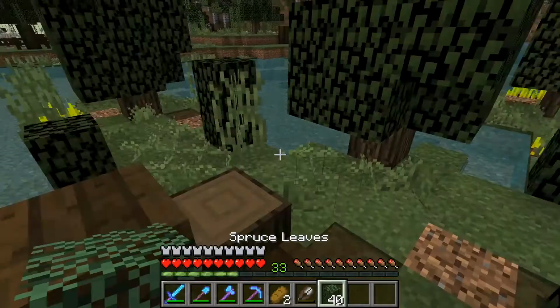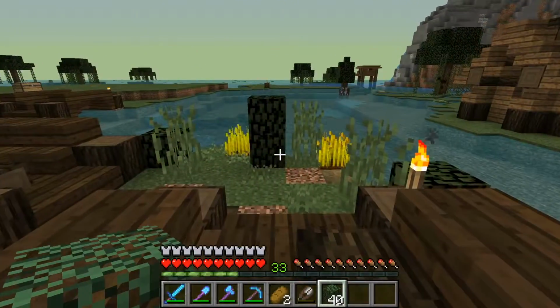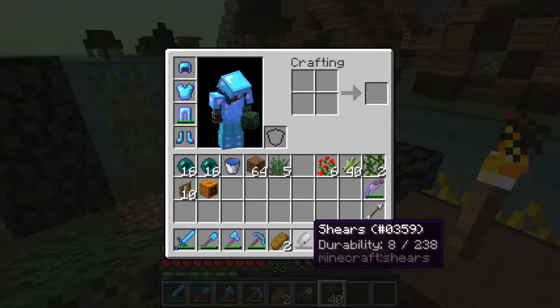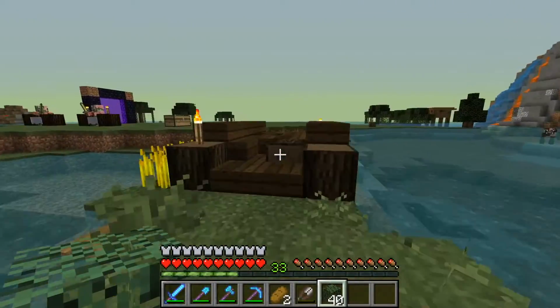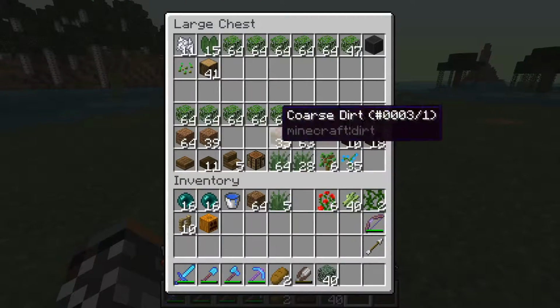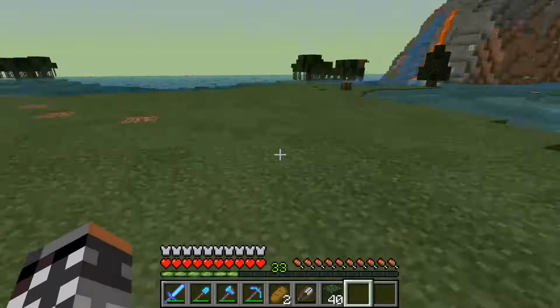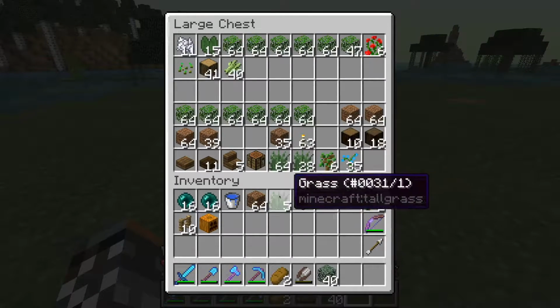Now, I do have on me spruce leaves, and I'm not entirely sure if... Actually, let's go ahead and check the shears. Okay, we got 8 uses on this shear. I want... Well, hold on, no. Do we have shears in here? Well, we have iron. That'll do. So, I want,